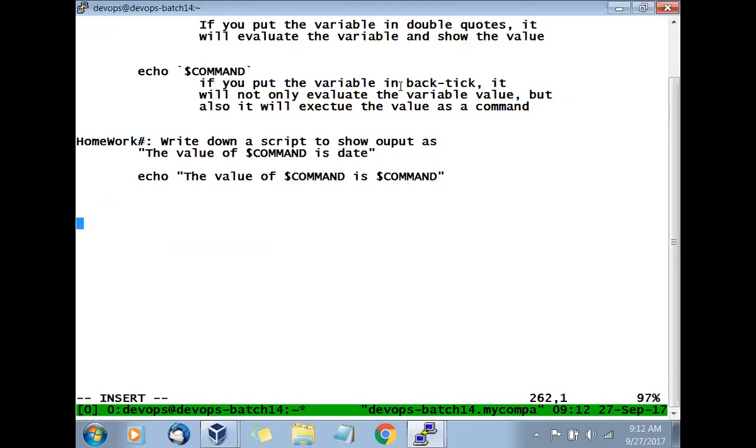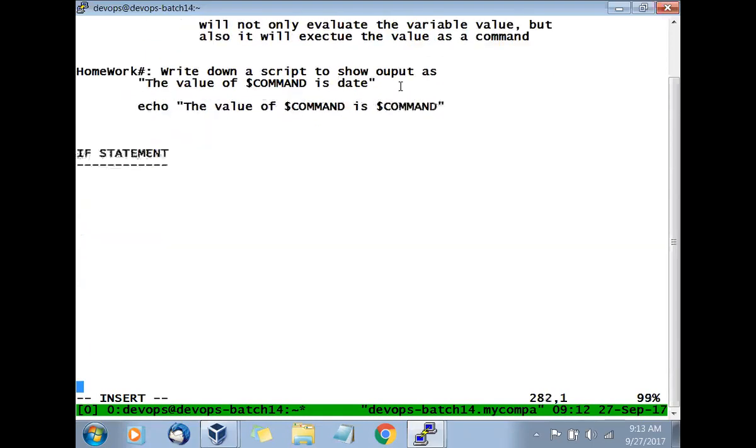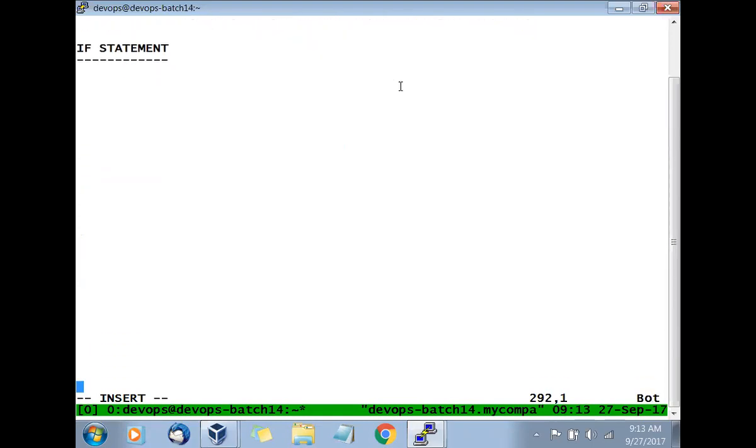So today we are going to talk about the if statement. So what is the if statement? In real time, when you use shell scripting, you have to take some decisions on the basis of information.